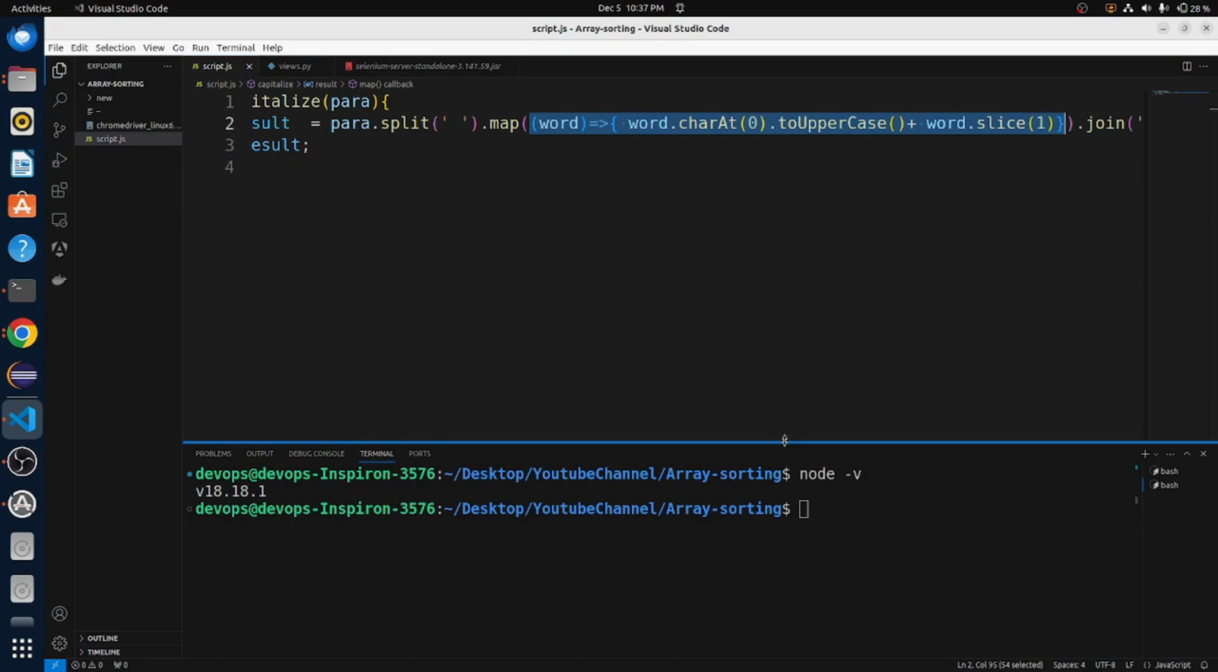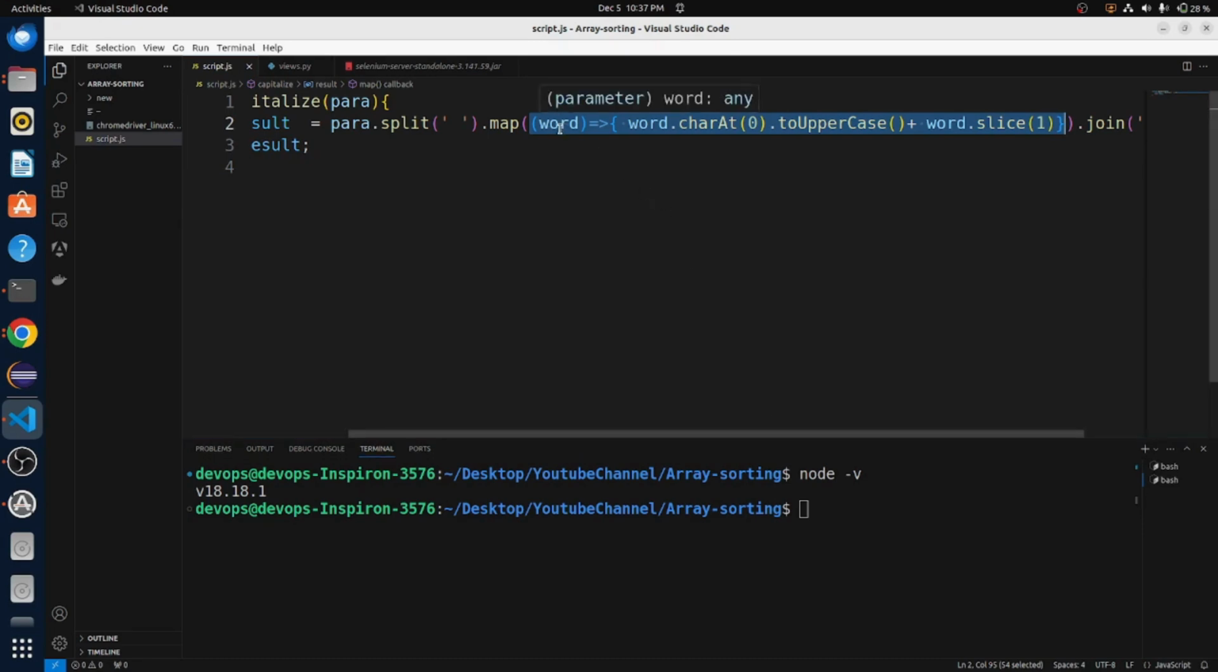So callback function, inside the callback function will take one parameter, word. Word means here in a map, it will map every item in each iteration. It will map that item from the array to word, the word parameter in the arrow function. So after getting word in each iteration, by using that word we are